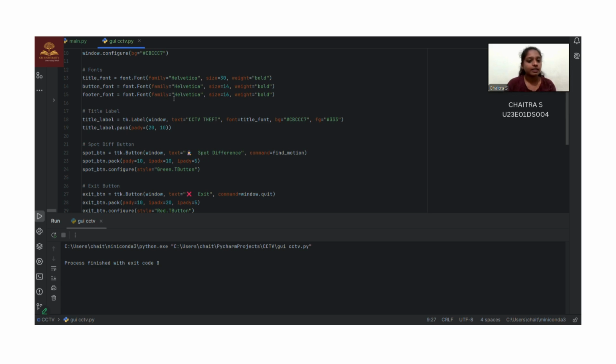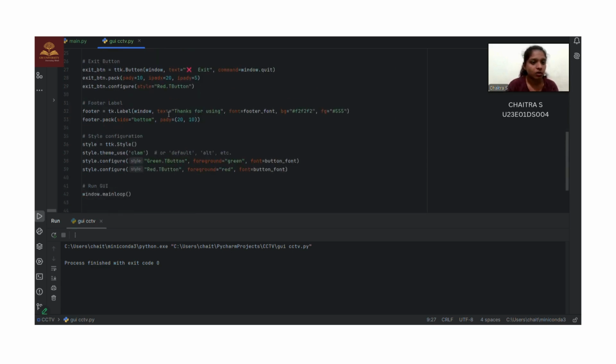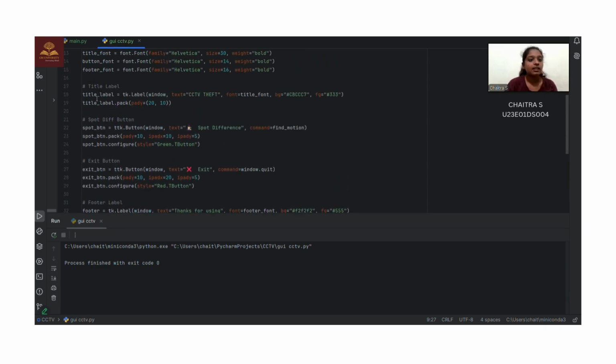Then the next part is the title label. Title_label creates a label with the text showing CCTV theft. Totally it is a text that represents CCTV theft.